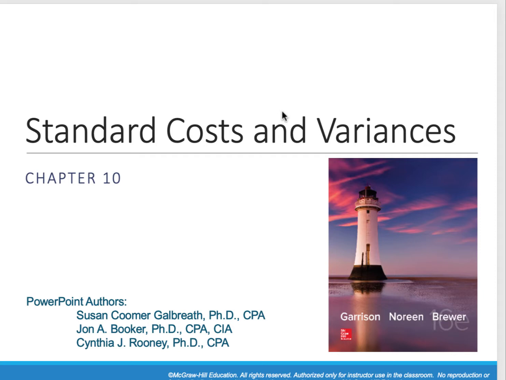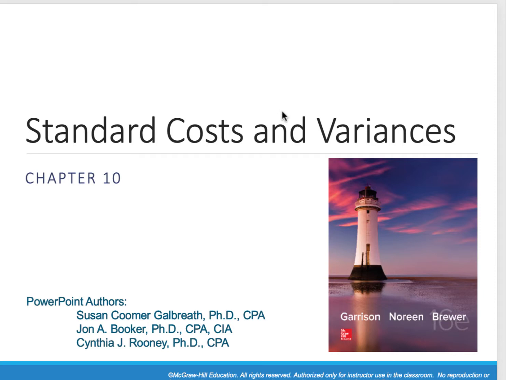Now, we've already looked at variances in Chapter 9, right? We did the flex budget, the static planning budget, and we took our actual results and we compared all three to find out, okay, is there an activity variance? Is there a spending variance? Is there a revenue variance? So in this chapter, we're going to take that concept of